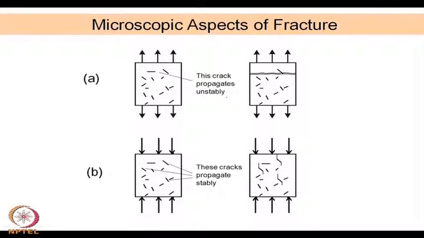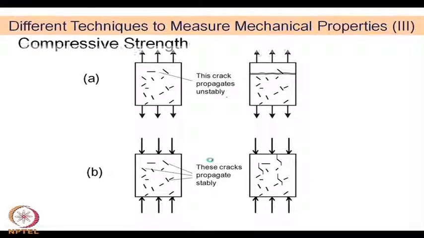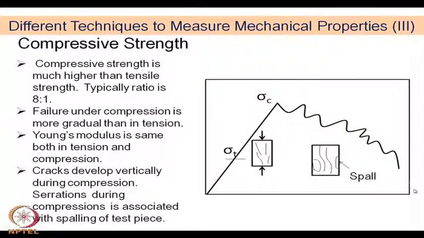So, under compression, in both cases they will propagate, but one unstably means very fast, whereas here it is in a more gradual manner. So, that is why you get serrations here, right. In tensile load it will be sudden fracture, whereas in compressive load there will be gradual